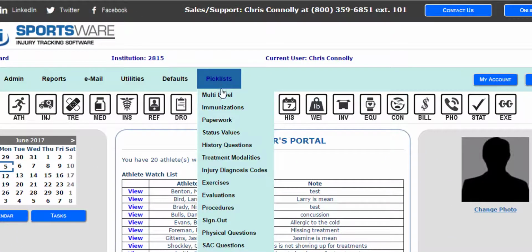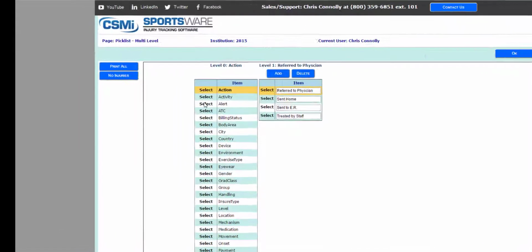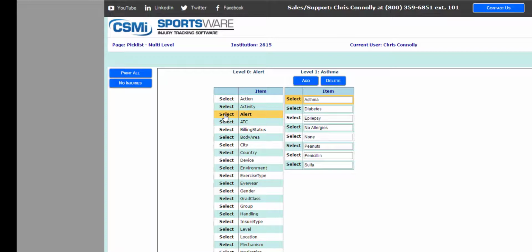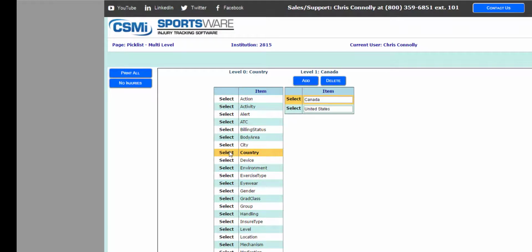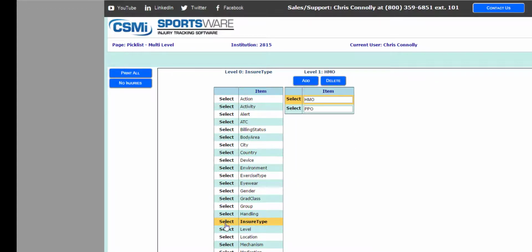Go to your pick list and select the multi-level section first. Here you want to update things like alerts for athletes' medical alerts that they could have, the country in which they reside in, their grad class or expected year of graduation, insurance type that the athlete might have,